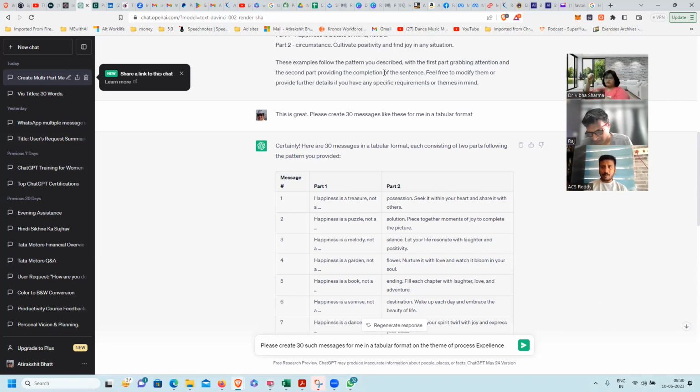So the whole prompt thing is for you to understand, is it giving you what you have wanted? No. Then let me go ahead and tweak it a bit. It's like the software programming coding that we do, right? You write a code, you see it generating this output, you realize it's not up to what you want, then you will go back and tweak the code a bit. Over here, instead of tweaking the code, we are tweaking the prompt or the questions that we are asking, or we are giving it more questions or more information for it to give the answers that we need.